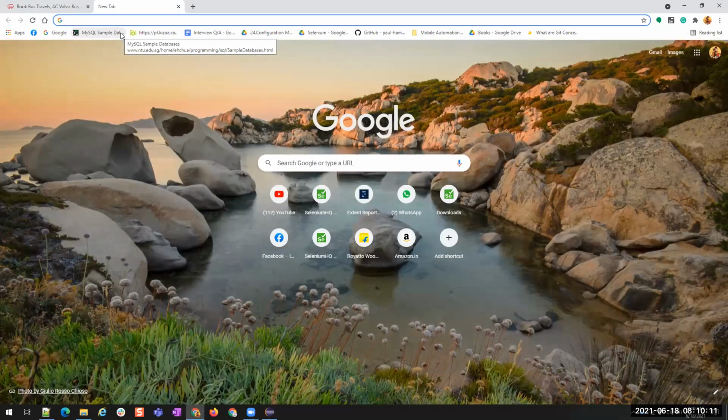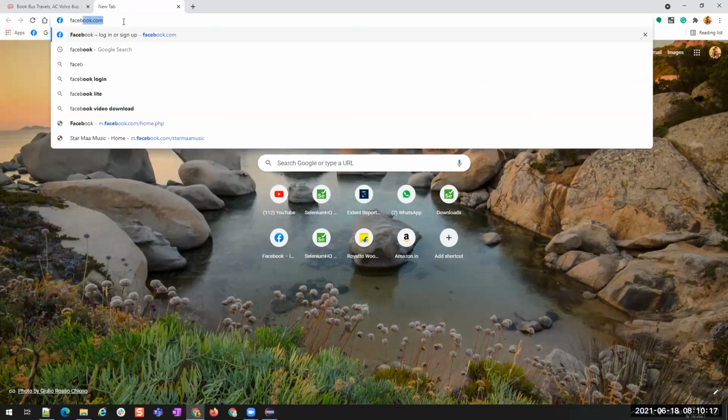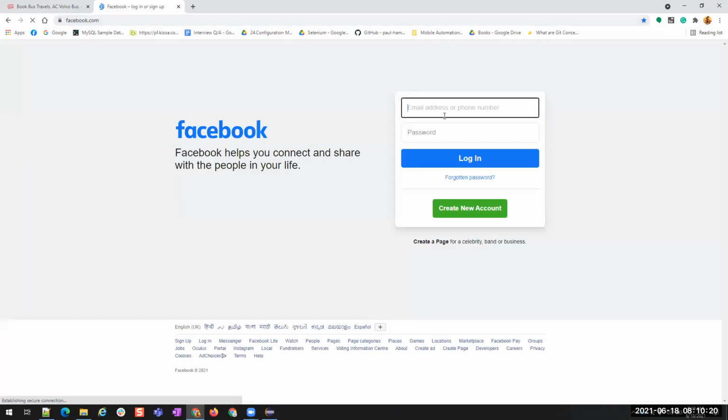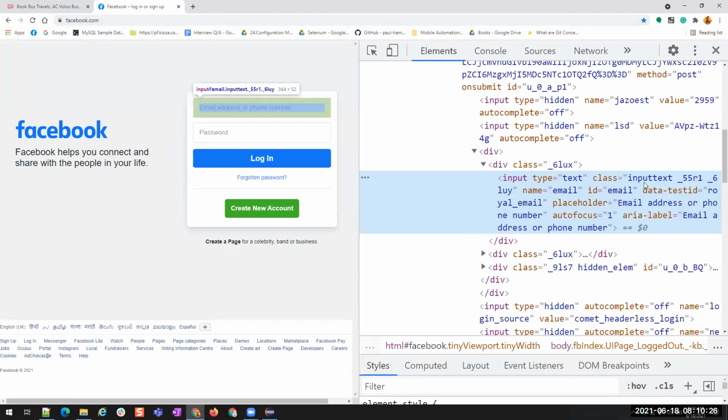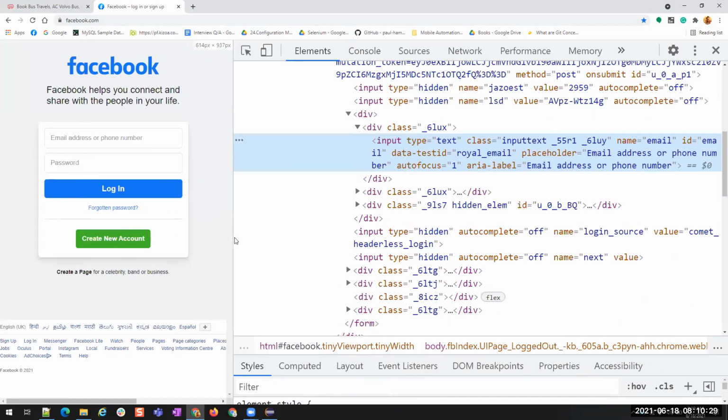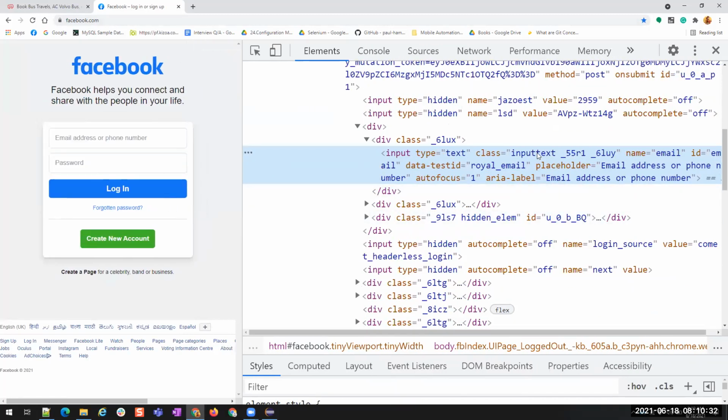Now this is Redbus. Suppose, give me your favorite site. Let's say Facebook. Okay, Facebook. On any application you can do this. Inspect. You see, we have this class. Here is the first perfect example. If I want to find this element using starts-with, this class value will not be unique. That will change every time. So I can use starts-with input text. Understood? Okay, so this is one of the examples.